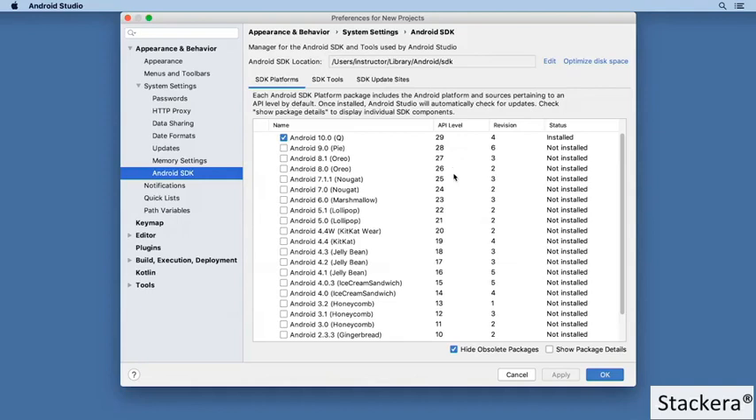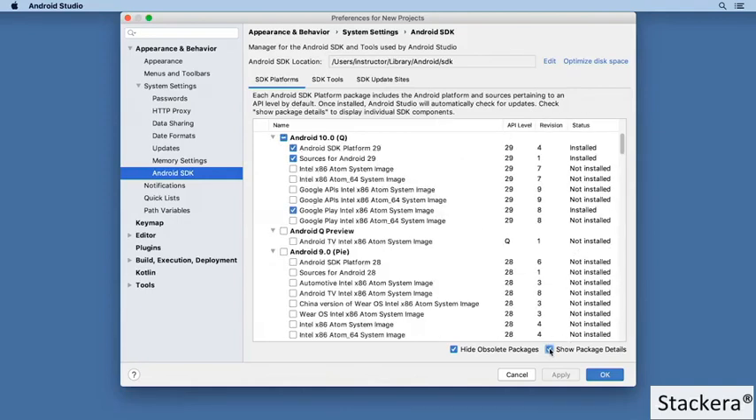To see all of the components that have been installed, click on the option at the bottom right labeled Show Package Details. On my system for Android 10 or Android Q, I've installed the core SDK and the source code. And critically, I've installed something called a system image. The system image is used for virtual devices that you can run in the Android emulator. You can install them from here, but you can also install them later when you decide you want to create